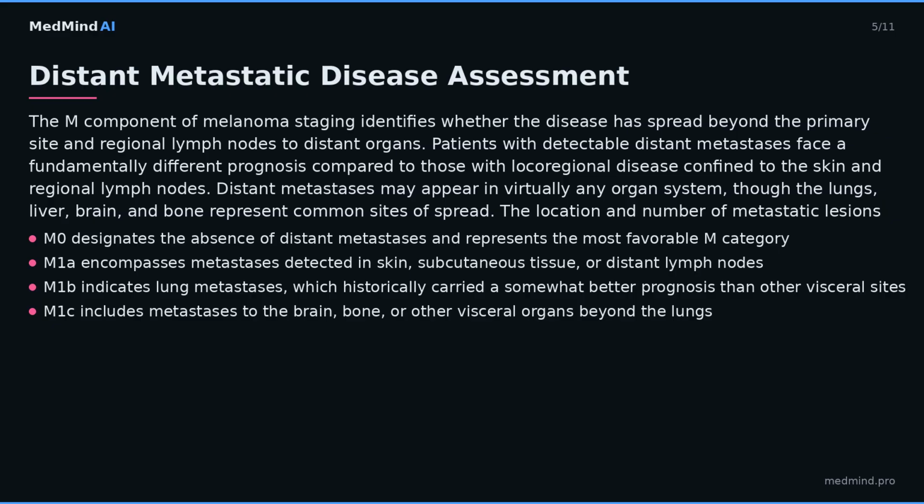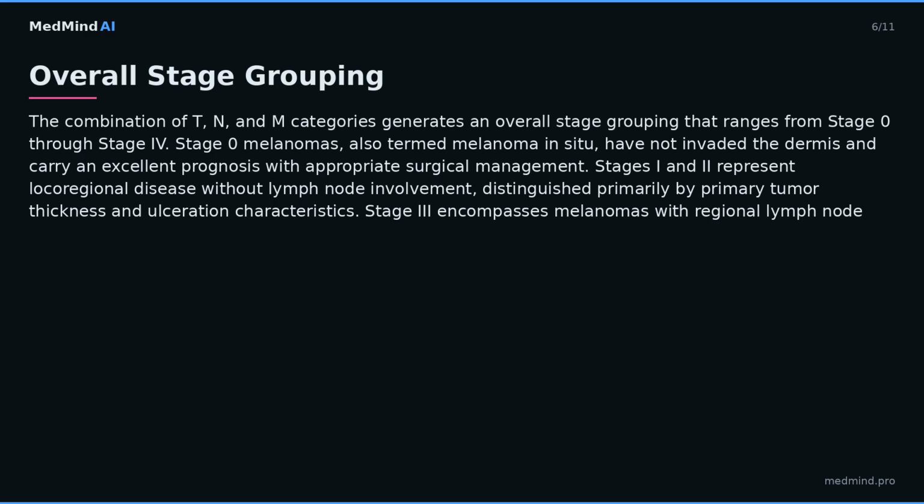M1B indicates lung metastases, which historically carried a somewhat better prognosis than other visceral sites. M1C includes metastases to the brain, bone, or other visceral organs beyond the lungs. Overall stage grouping. The combination of T, N, and M categories generates an overall stage grouping that ranges from stage